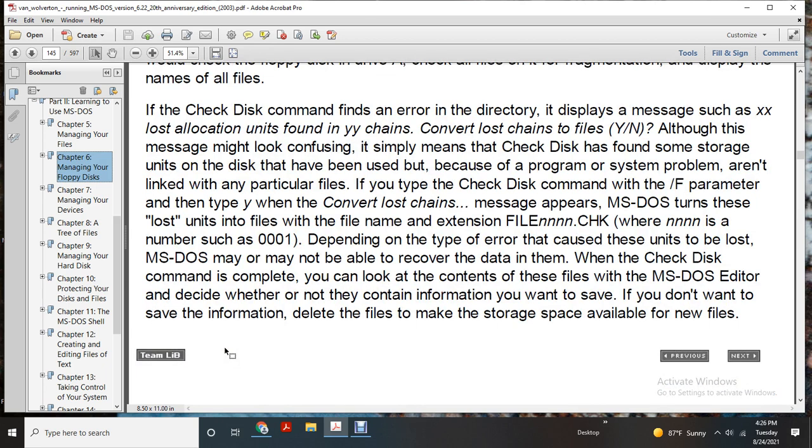With the check disk command, if an error occurs, it displays a message such as "XX lost allocation units in YY chains. Convert lost chains to files?" Although this message might look confusing, it simply means check disk has found some storage units of the disk that have been used, but because of some system problems, are unlinked from any particular file. To fix this, type the check disk command with the parameter